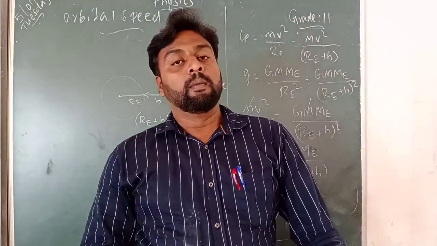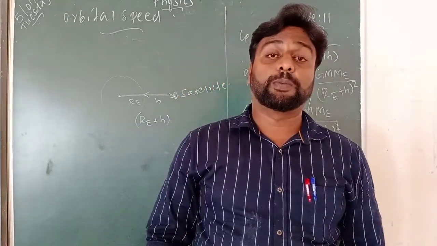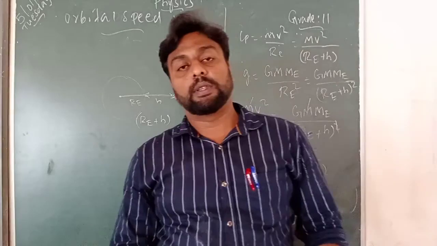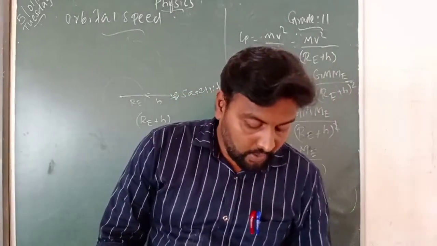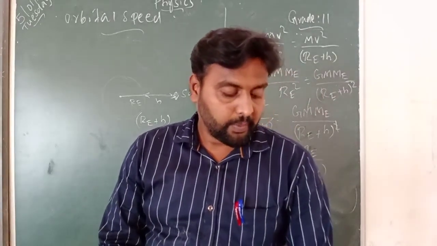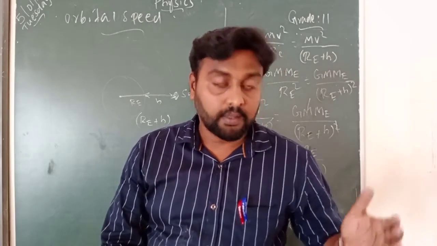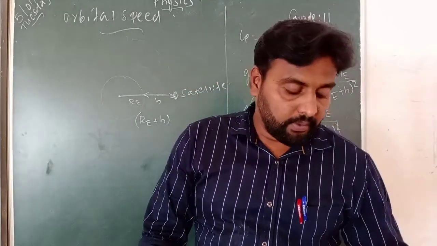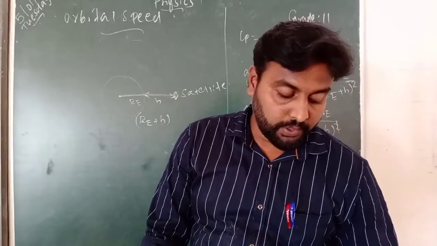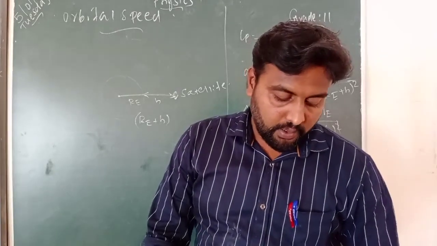And my dear students, you can go through this derivation, escape speed and orbital speed. This escape speed is one very important 5-mark question. And this one is a 3-mark question. You can check in page number 22 and 23. From the page number 22, you can mark from the second paragraph, no need of the first paragraph. Consider an object of mass m on the surface of the earth when it is thrown up with initial speed. From there, you can mark until